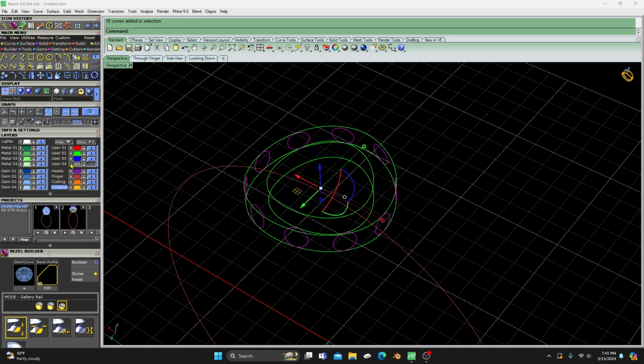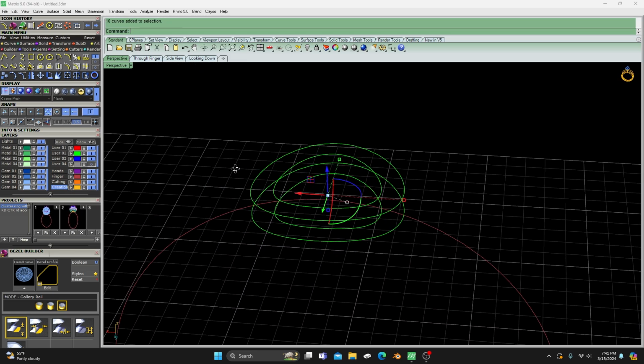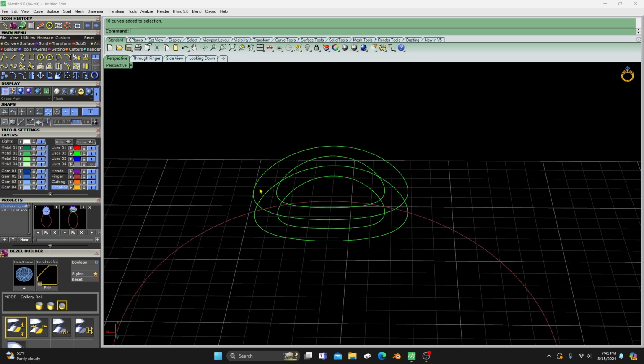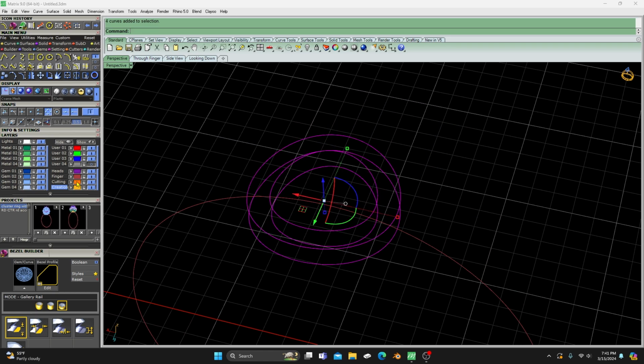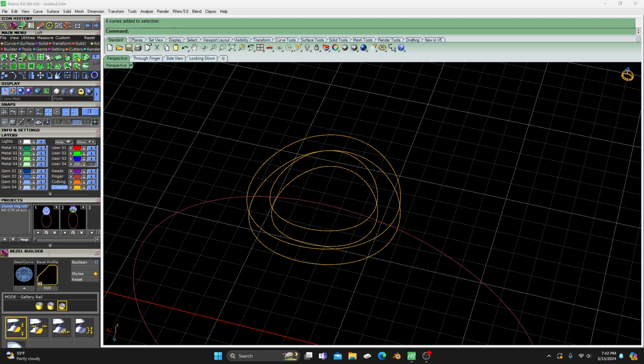And I'm just going to change that to gray and hide it, get rid of it. All right. Now what I'm going to do is, actually I can probably go ahead and take this now and turn that to my creation layer to keep it all organized. All right. So what I'll do is I'll go in here to my surface menu, and we'll just do a